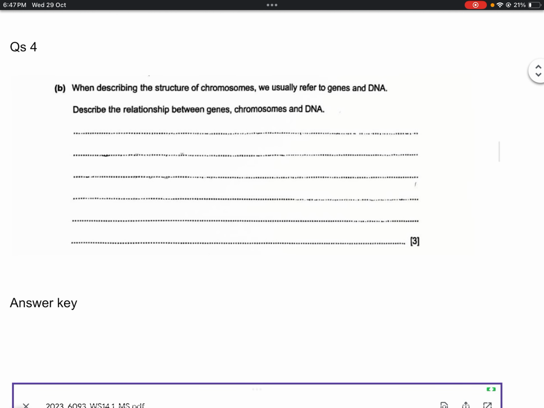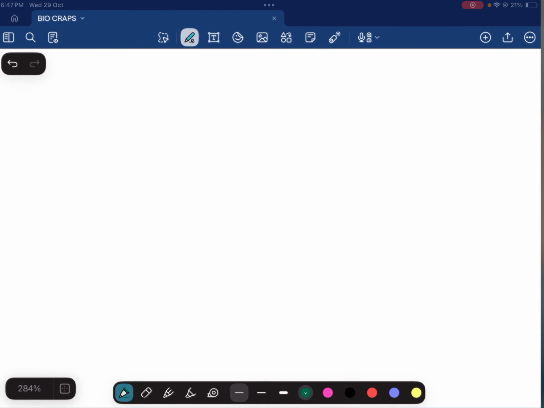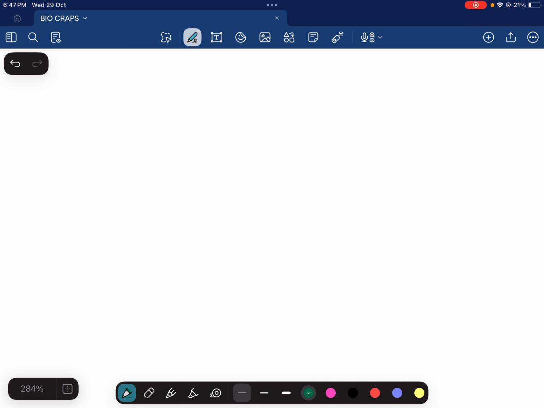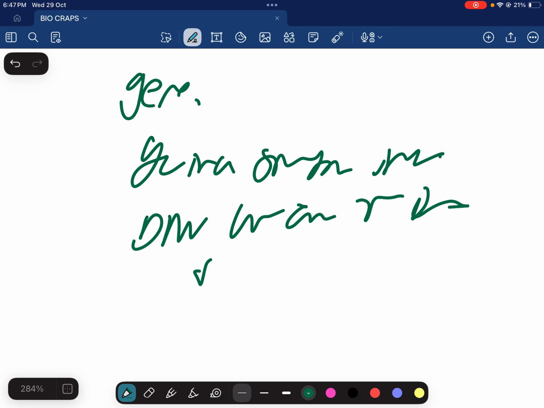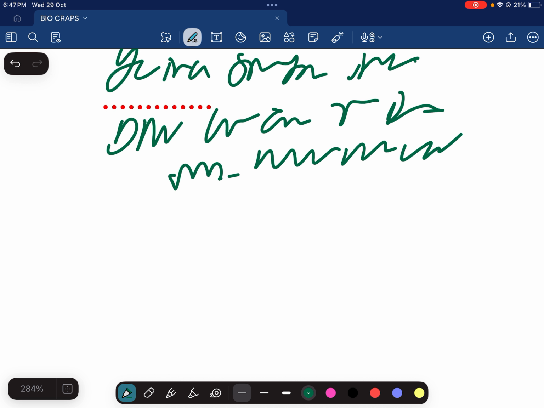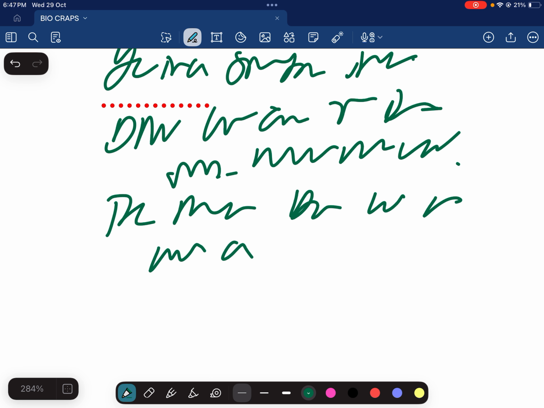When describing the structure of chromosomes, we usually refer to genes. Describe the relationship. That's a very crucial question. How do you do this question? First, let's go with genes. A gene is a specific segment in the DNA which encodes for a single polypeptide, which also occupies a space in the chromosome. The molecule of DNA will be wrapped around a protein